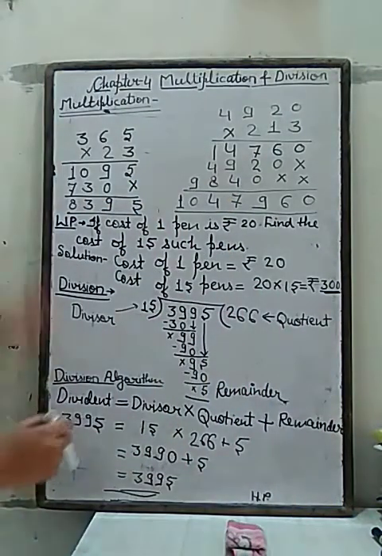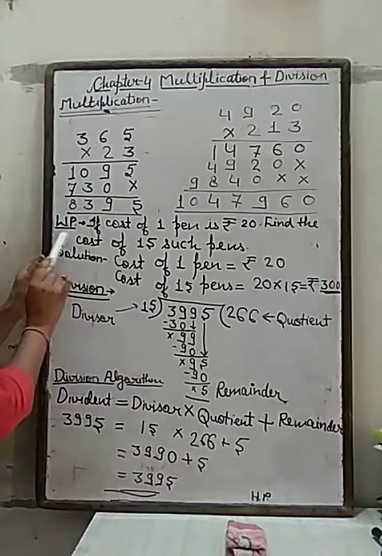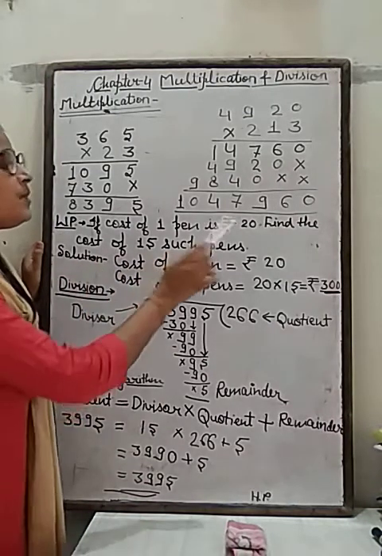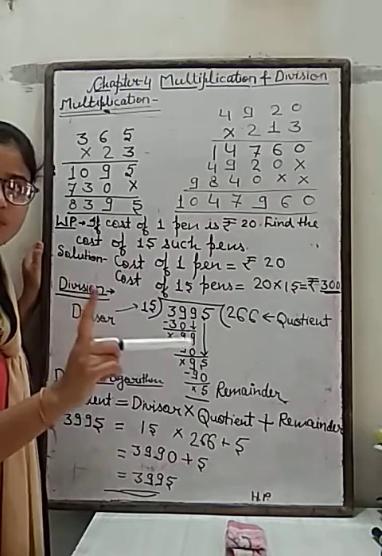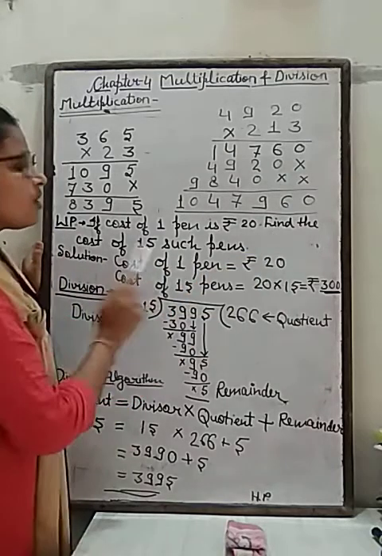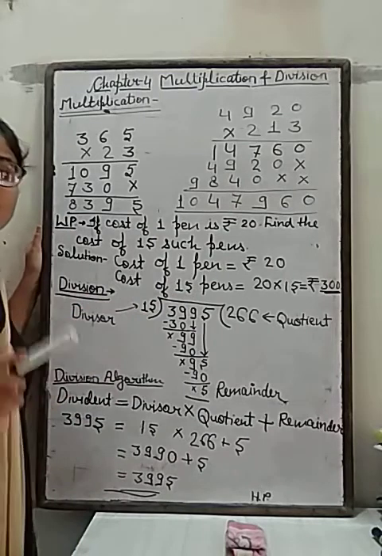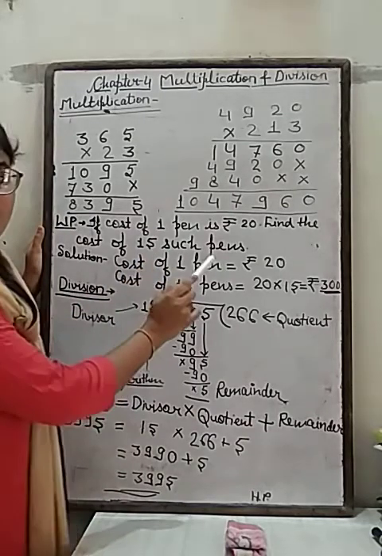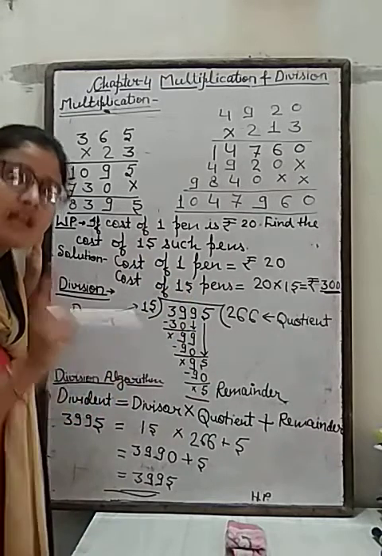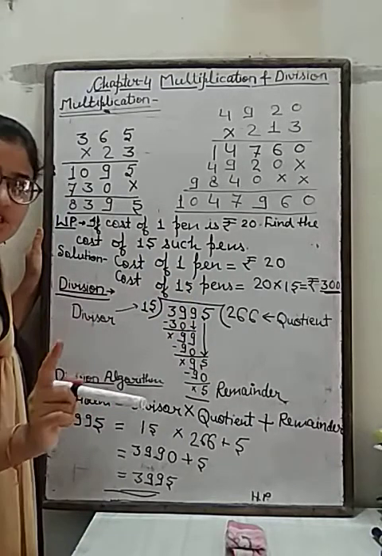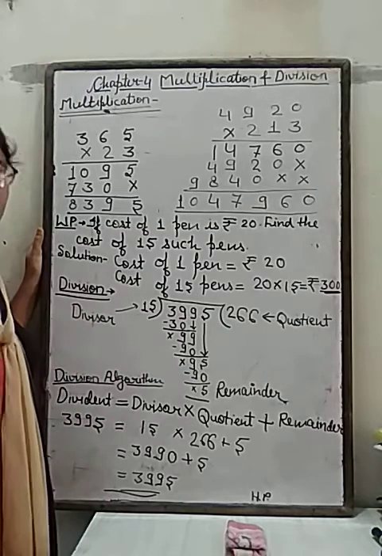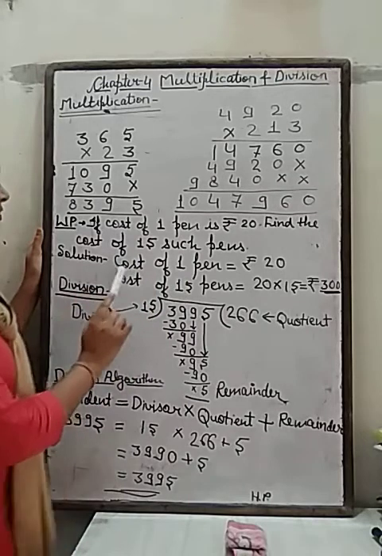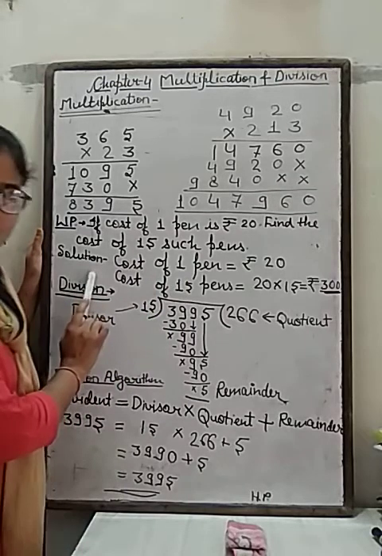Like this, I am giving you one example here. WP is word problem. Your word problem is this. If the cost of one pen is ₹20, find the cost of 15 such pens. देखिए स्टूडेंट्स, कम का दिया है और ज्यादा का पूछा है. जब भी कम का दिया जाए ज्यादा का पूछा जाए, we will always do multiplication. Now learn how to solve it. What is the first statement? Cost of one pen is ₹20. So we will write this; this is the solution of this question.